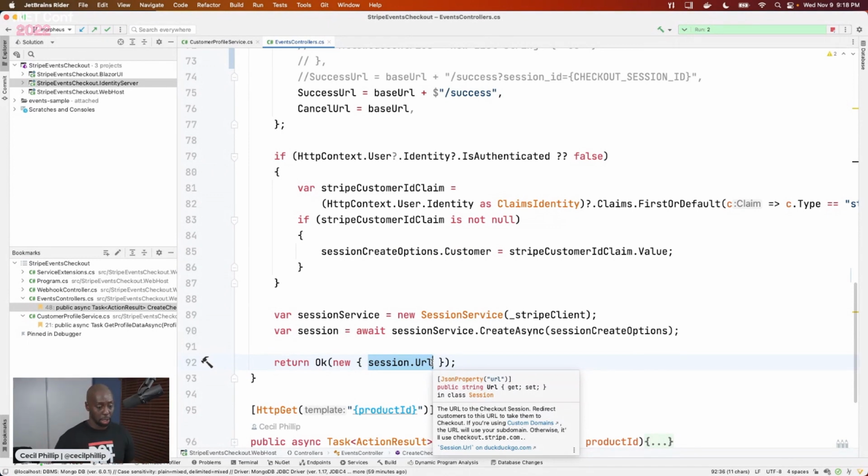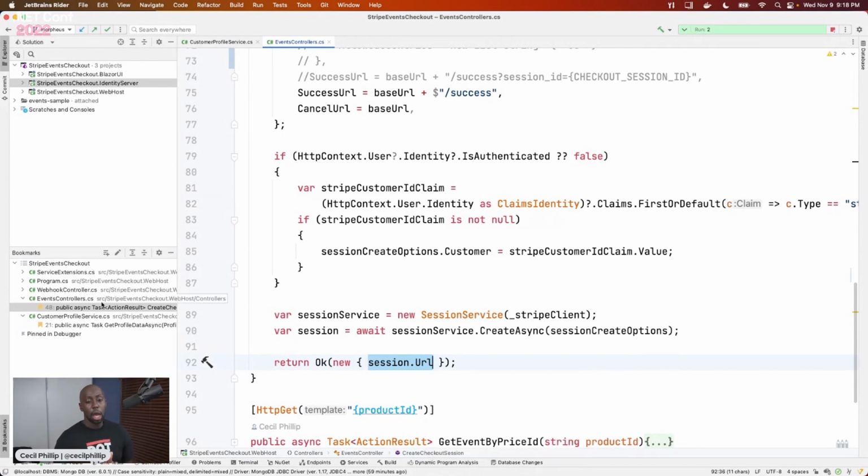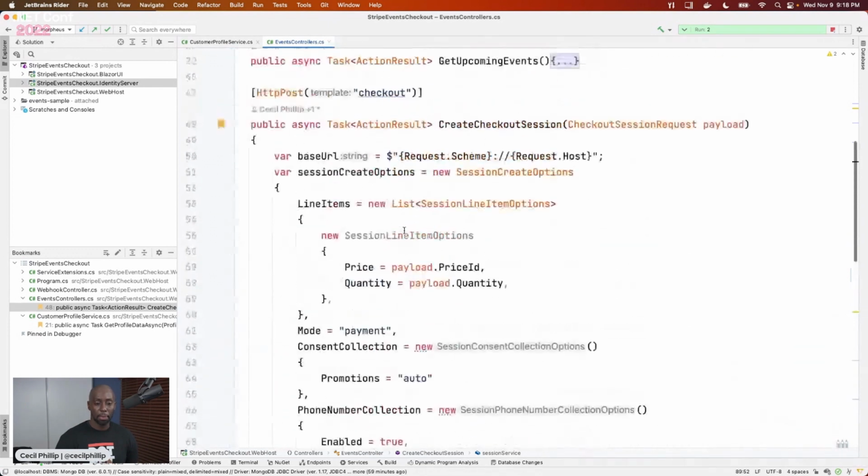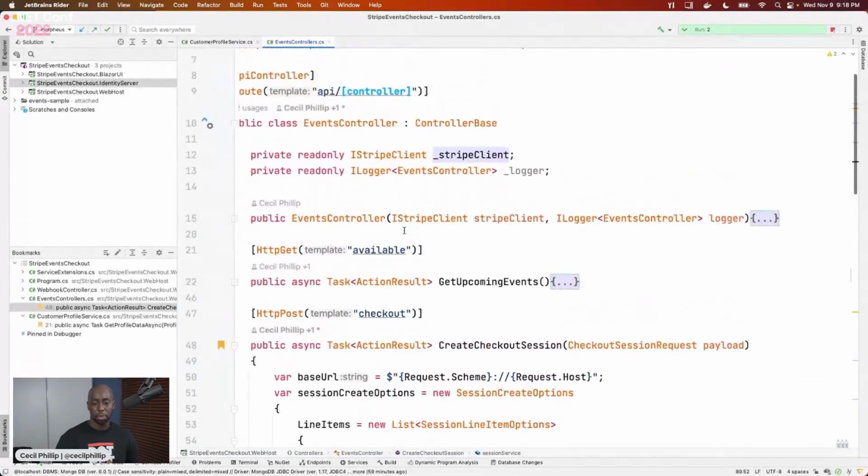and then my user could fill out some of that interesting information. Okay. Now, how is it exactly that I got the Stripe session service? And where did the Stripe client thing come from? These are just part of the Stripe.net NuGet package. And then if you head over to the top, and again, I think I'm just using regular controllers. I'm not using minimal APIs or anything yet. I'm passing in an IStripeClient, which I've registered inside of my DI container.